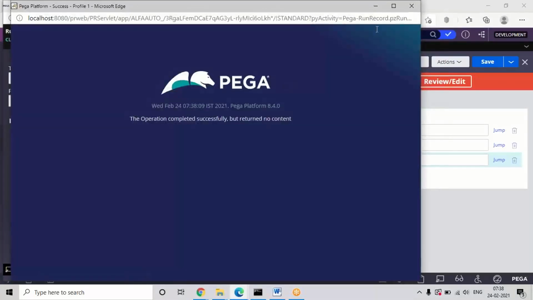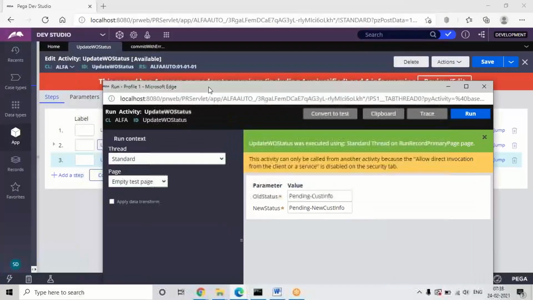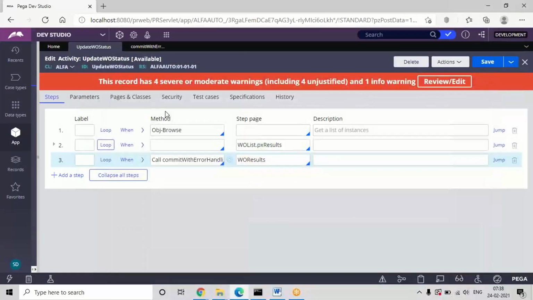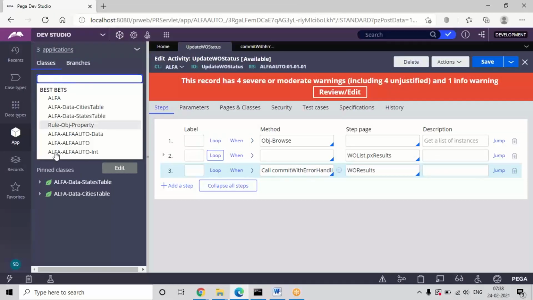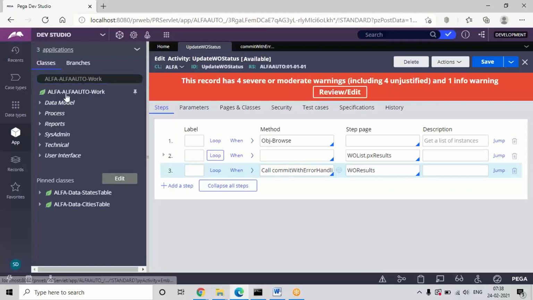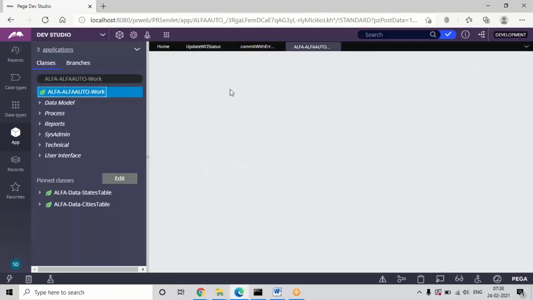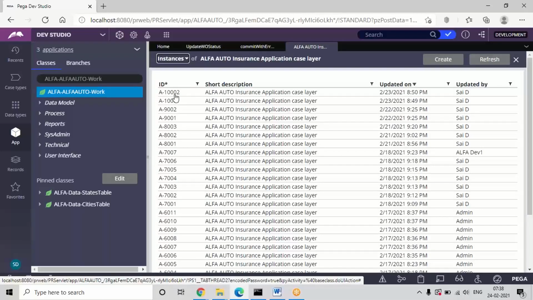After clicking on run, where do you have to check whether it is updated or not? Earlier I told you about all the work IDs information. If you want to open it, open the class group name and click on that. On the right side, it will open all the work IDs. These are the two IDs which were most recently created using pending customer info.